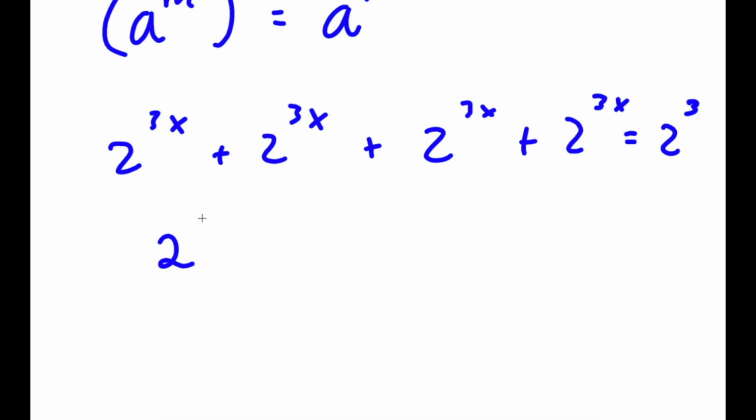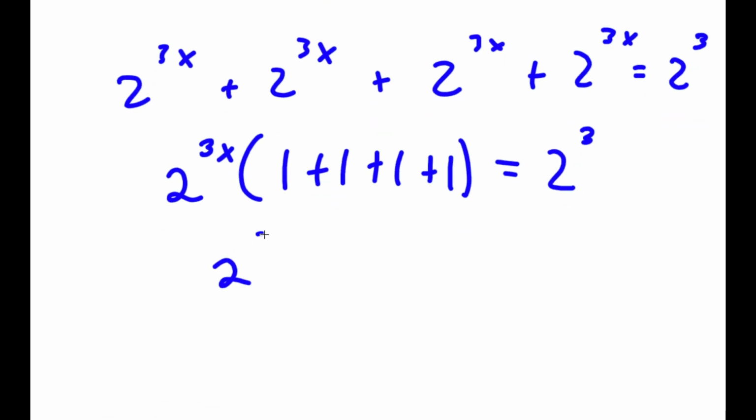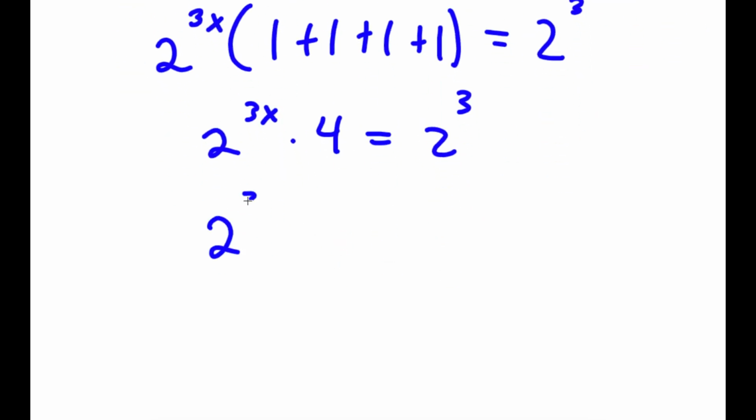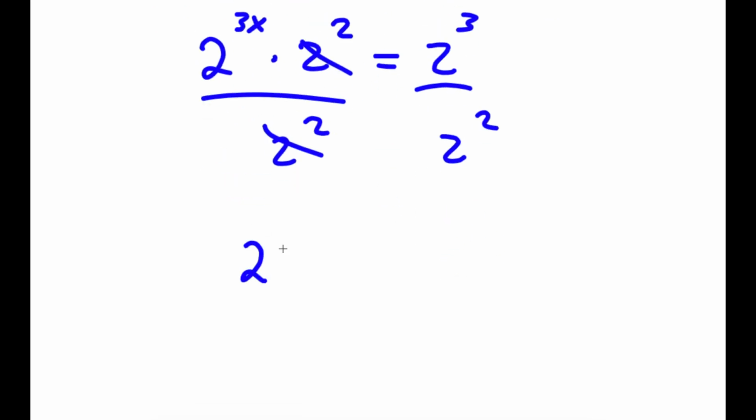Now if I factor out 2 to the power of 3x, I get 2 to the power of 3x times 1 plus 1 plus 1 plus 1 is equal to 2 to the power of 3, which is the same thing as 2 to the power of 3x times 4 is equal to 2 to the power of 3. Now 4 is the same thing as 2 squared, and I can divide both sides by 2 squared. So then these two cancel out. So now I have 2 to the power of